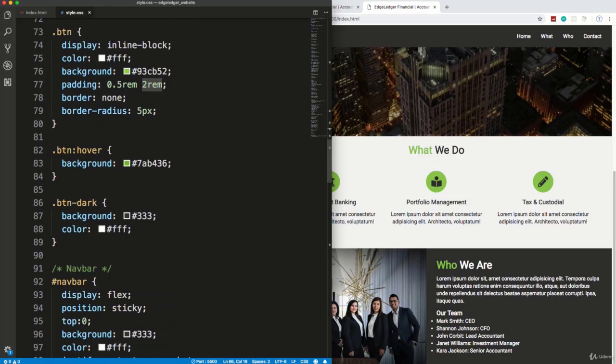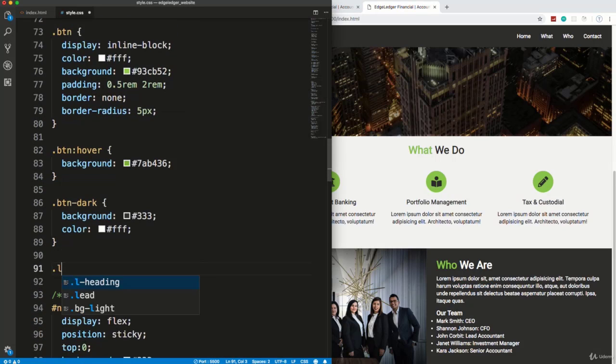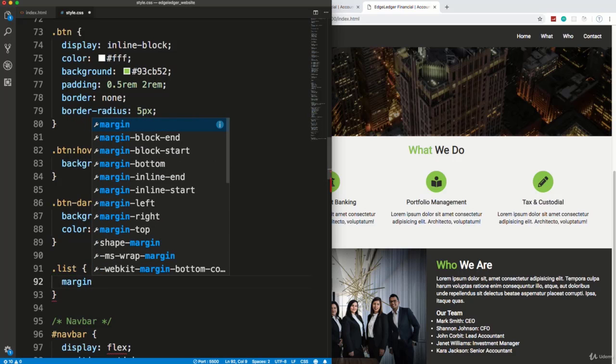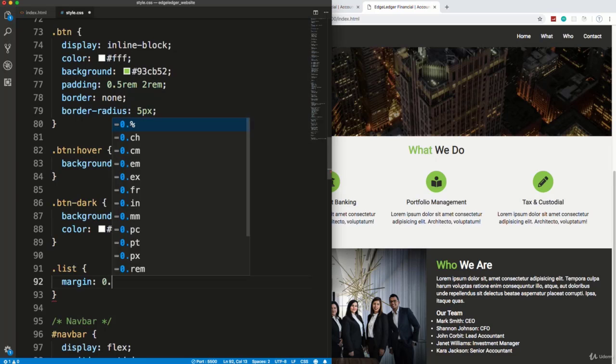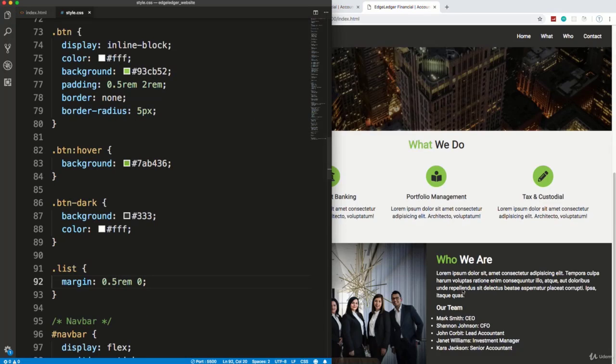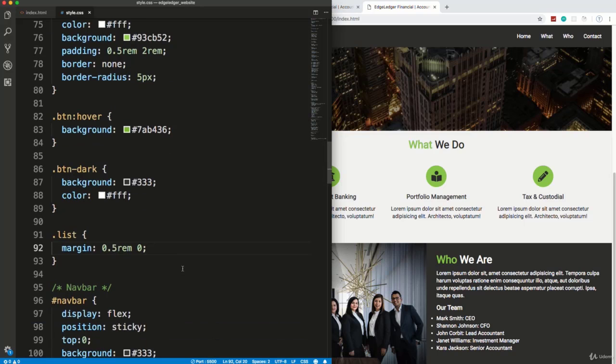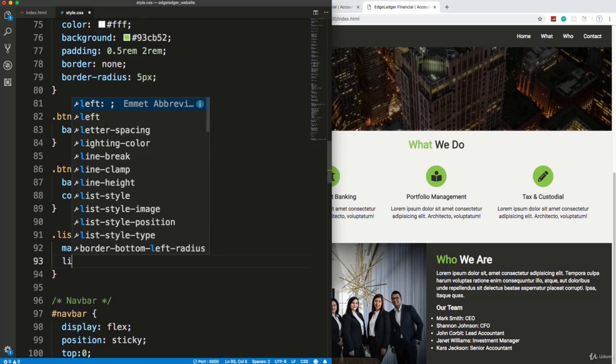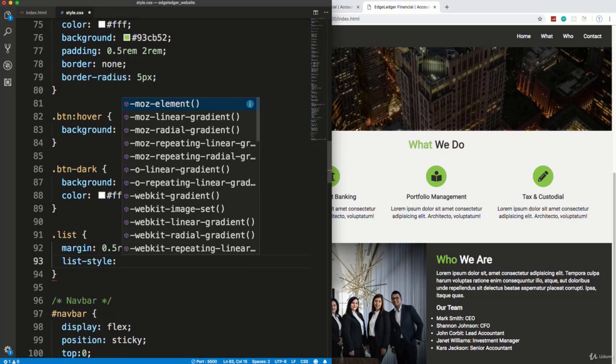So the list I'm going to put under the button here, and let's first of all give it some margin on the top and bottom. We'll do 0.5 rem 0. Okay, so now at least we have some space there, and then I'm going to take away the bullet points. So list style none,